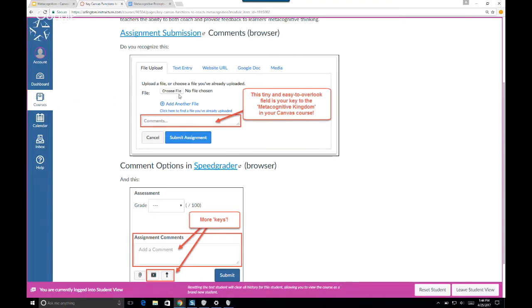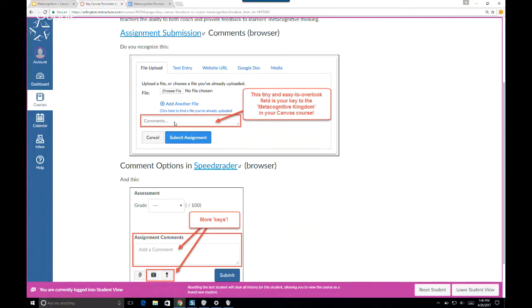And everyone's very quick to notice that, oh yes, a student can upload a file and submit it. However, the key is there's a field just below that says comments. Many folks I've found in working with teachers are not often aware this even exists, and students, being students, very quickly overlook it or bypass it. So this comment field is where you could coach proactively and on an ongoing basis, basically make it a requirement